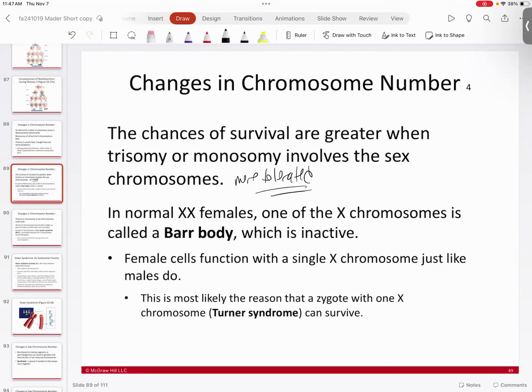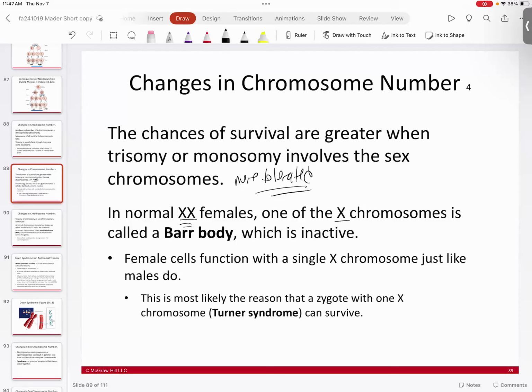A female is XX and a male is XY. And so what a female typically does is usually to kind of match up with a male, right? Because a female would have twice as many X genes as a male. You would expect that to be a bad thing. It's a duplication, right? So what a female does is actually she takes one of these X's, and it's a